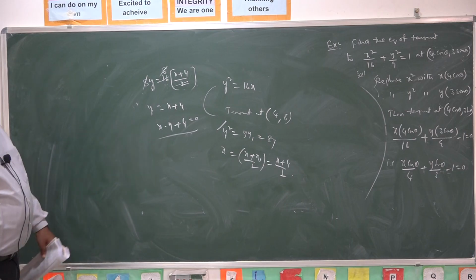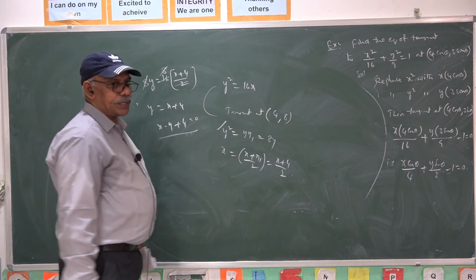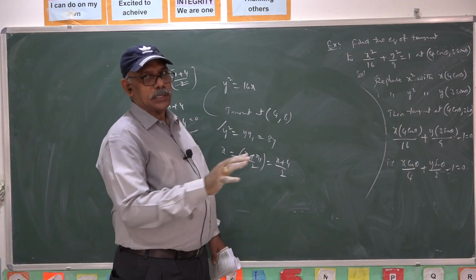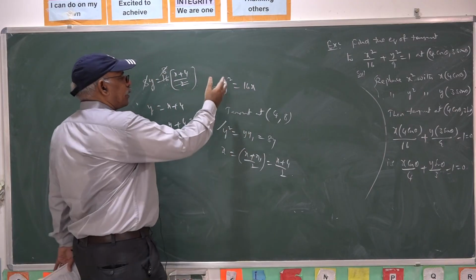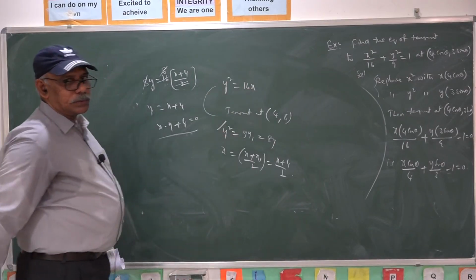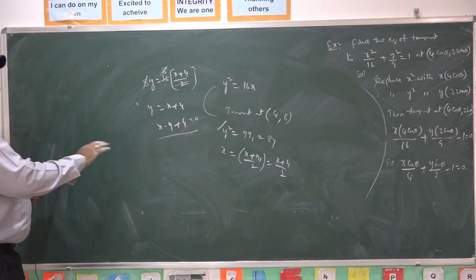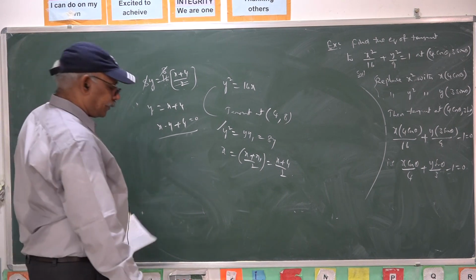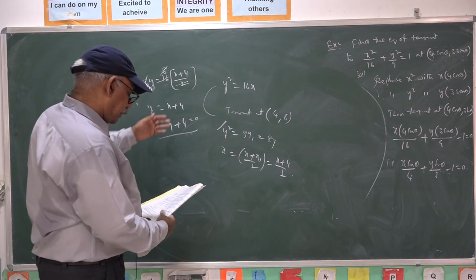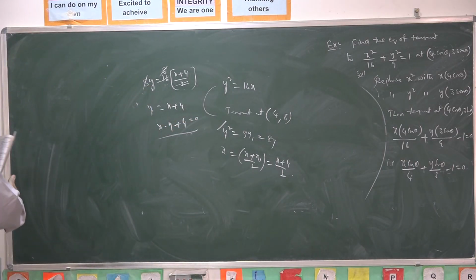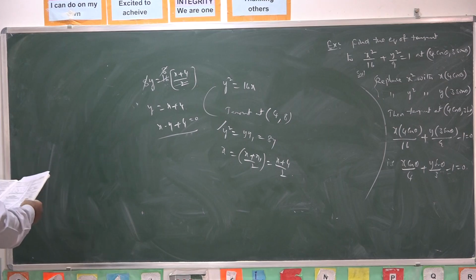In such a way, you can straight away get the equation of the tangent of any second degree curve which represents a conic. That conic may be a parabola, ellipse, circle or hyperbola. So this is one of the easiest ways to find the equation of tangent. This is also a worthy-of-note point to get the equation of the tangent at the given point, particularly to the conics.